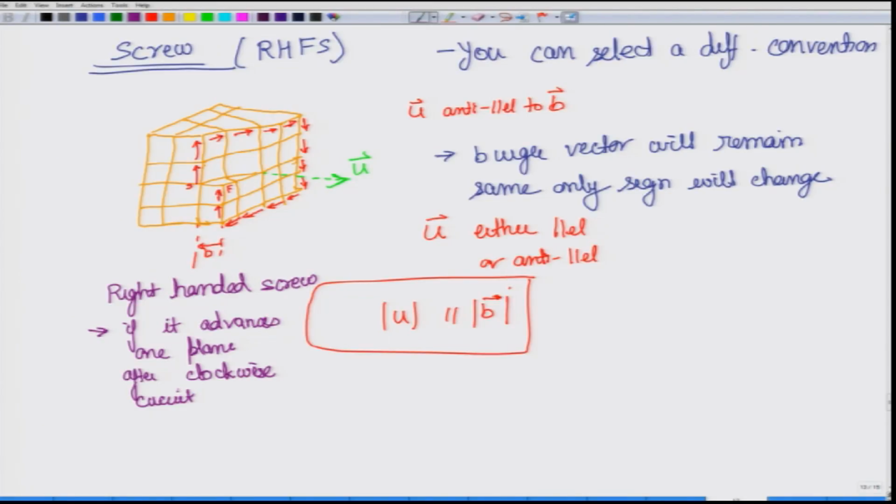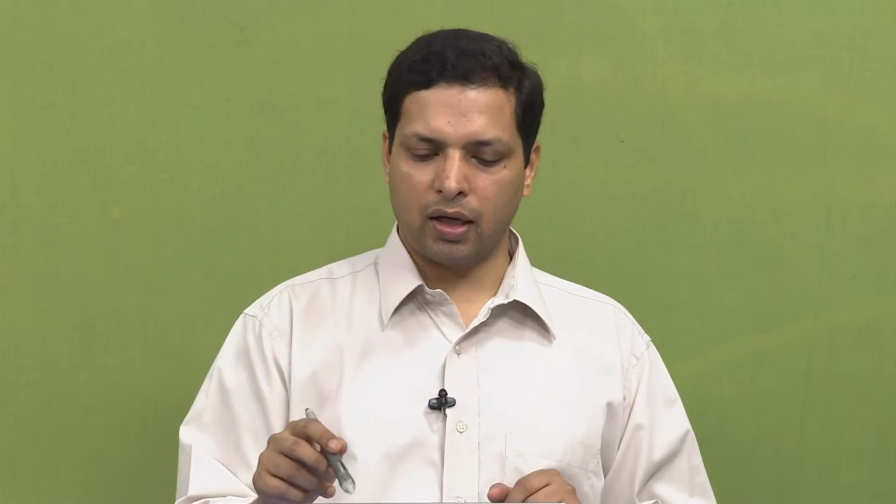So, the question here is whether this same screw which we are looking at is right handed from one side and left handed from the other side. Right now we have nothing to do with the convention or the line direction. All you have to worry about is the axis. Along this axis you have to see whether on rotating you are going one plane ahead or one plane back. From this direction we have already seen that when you go clockwise and come one plane ahead, it is right handed. Now, let us imagine looking at it from the back side.